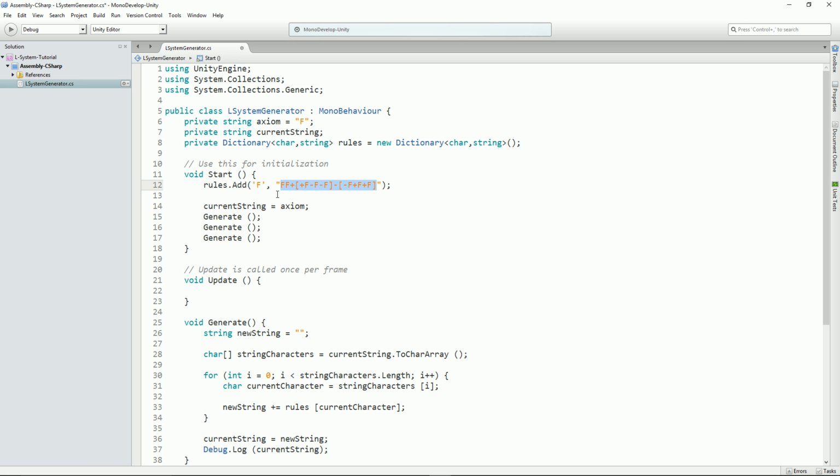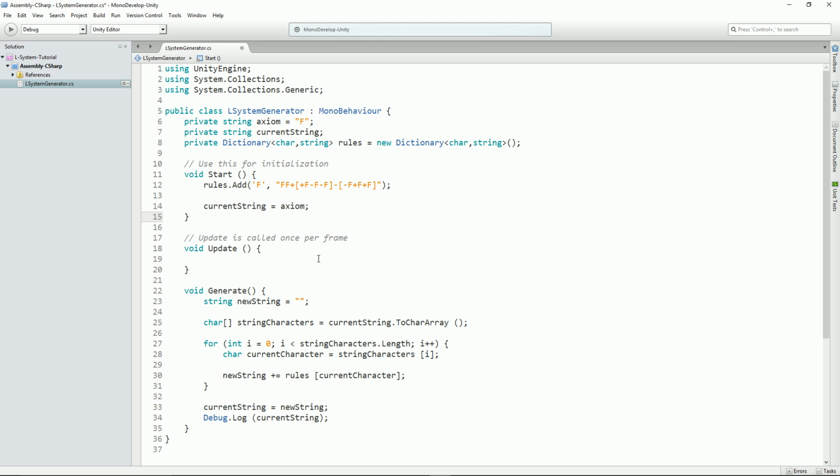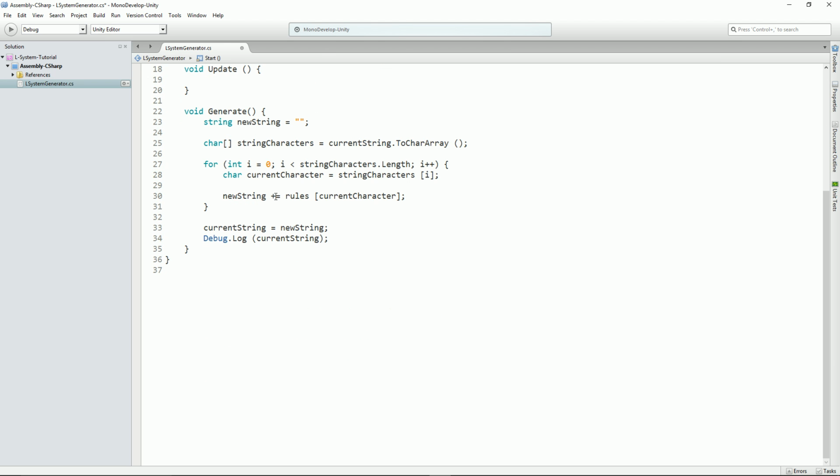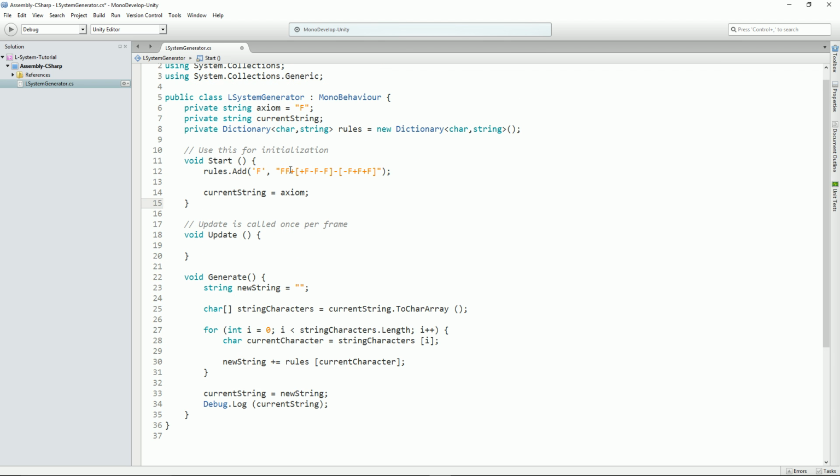And it allows us to create some very elaborate effects that will create that tree that we saw earlier on. So there's a couple of things we're going to need to do first. One of them is we're going to need to slightly tweak our code because this hasn't got a rule for these pluses and left brackets and right brackets. So what we'll need to say, this is what I was alluding to earlier on, is if brackets